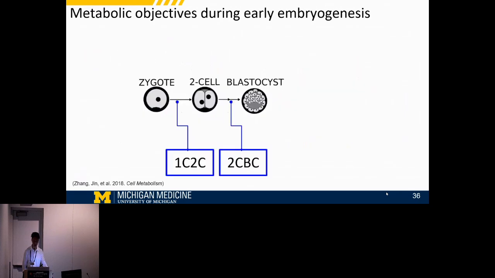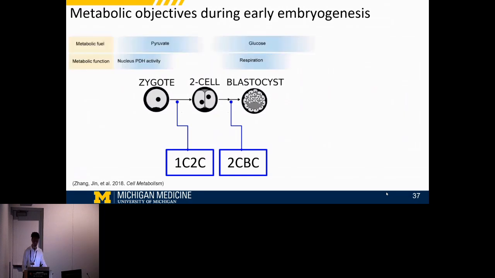And in the second part, we will focus on embryogenesis, especially the early part of embryogenesis. And we wonder what the objective is and how the objective can lead to the underlying developmental processes. And we focus on two transitions. One is zygote to 2-cell, called 1C to 2C, and another is 2-cell to blastocyst, we call